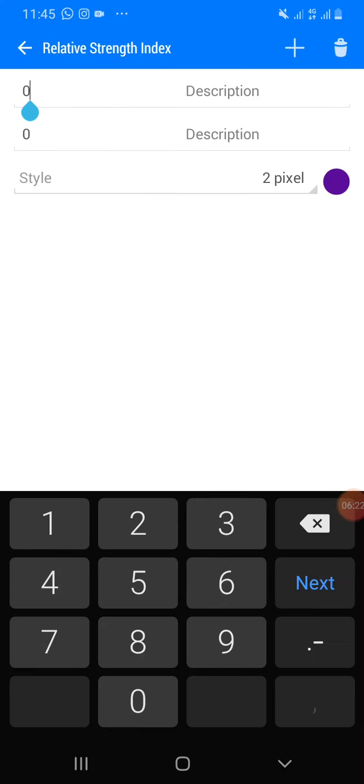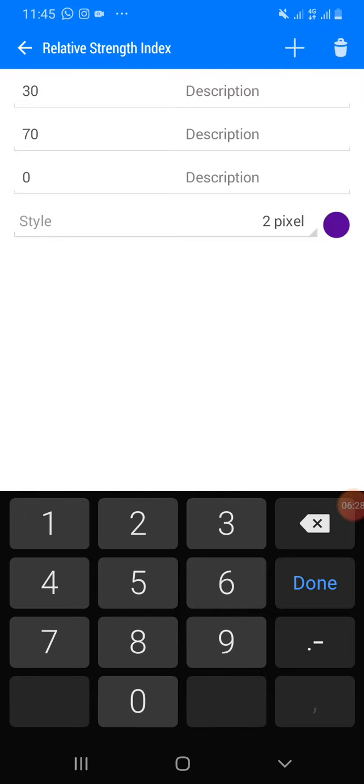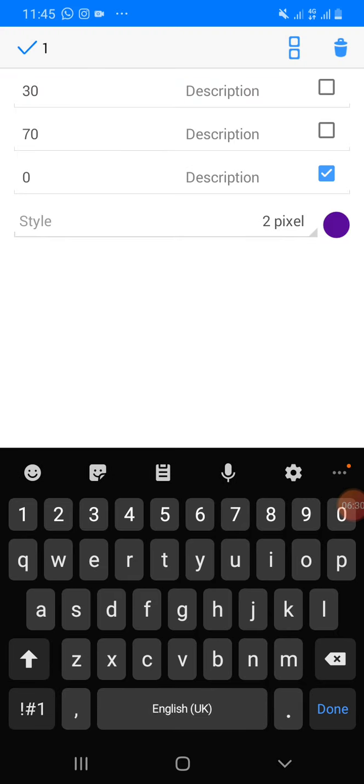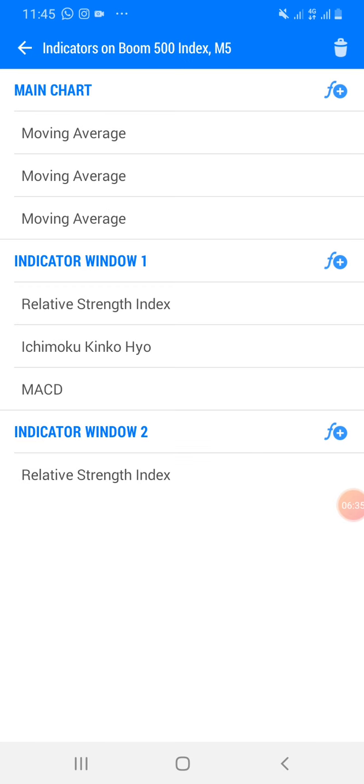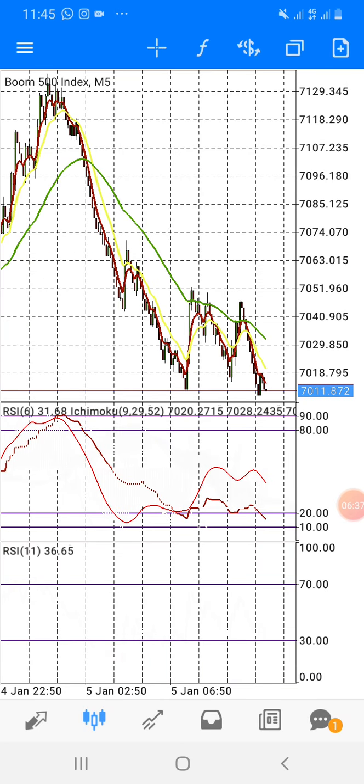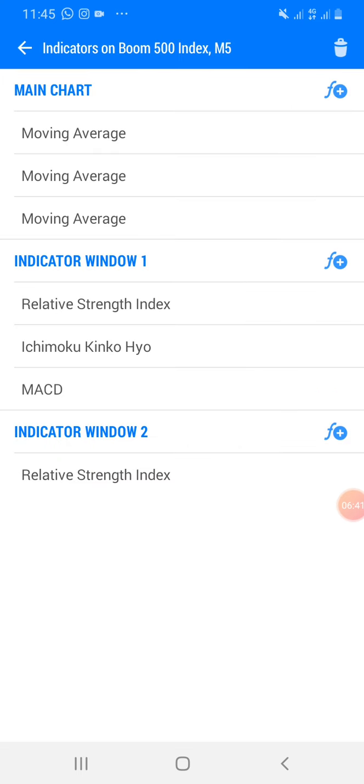The first one is 30. The second one is 70. Then I'm going to click done. Sorry, we don't need this one. Just need to go back. And then we have lines on our second indicator window, which is here. And again on our indicator window 2, we want to add something. So I'm going to click the F right here